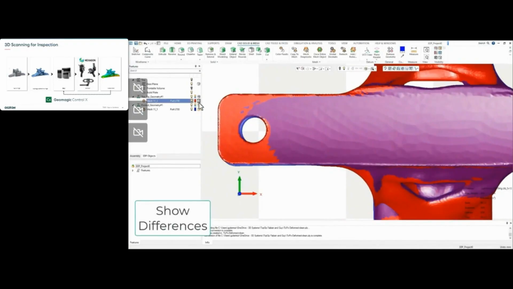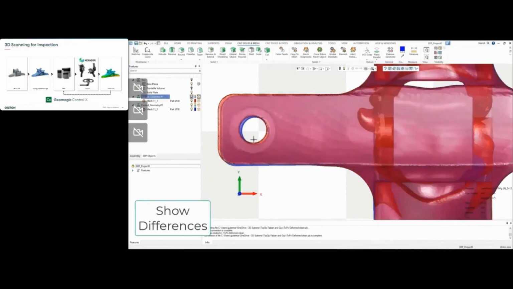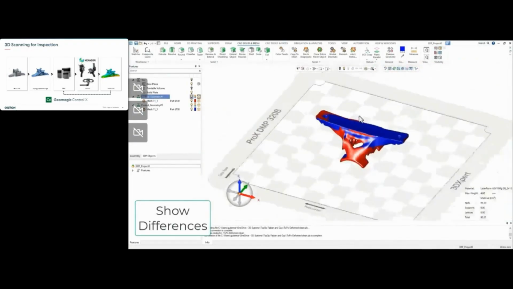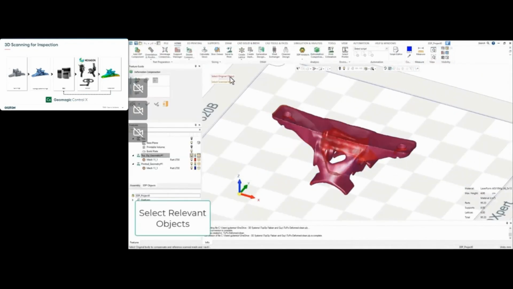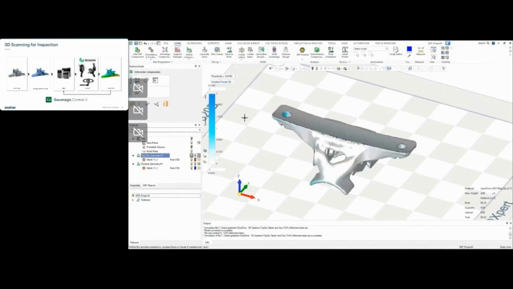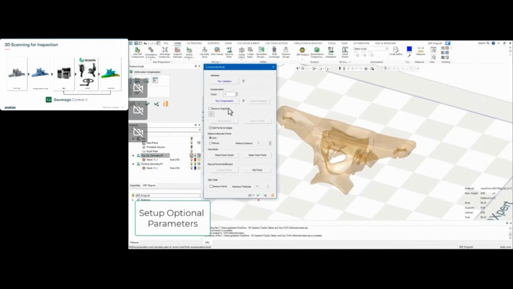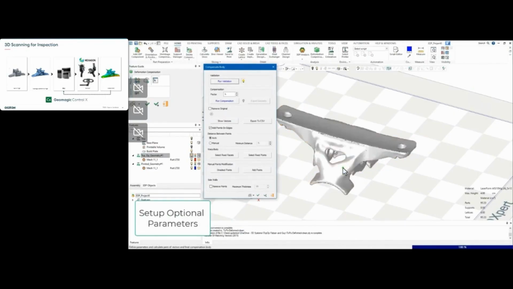We're going to assign different colors so you can see the deviation between the two different parts. Now, in this instance, we can compensate the piece by taking that deviation map of the two different pieces, and we can offset and deform the shape of the original input geometry